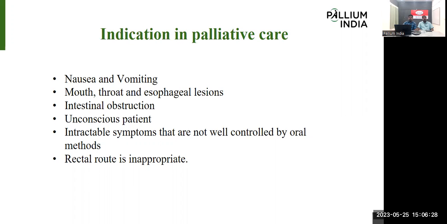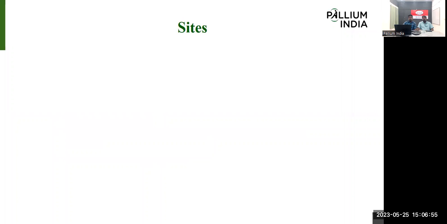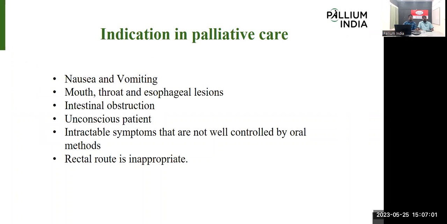Then most cancerous conditions related to the gastrointestinal system, due to the primary disease or at the prognosis level, can at any time lead to intestinal obstruction, mainly in GI cancer cases. In such a condition, if intestinal obstruction occurs, taking medicines and food orally is inappropriate. It is not at all acceptable. So in this type of intestinal obstruction, we can also choose the subcutaneous route for giving injections